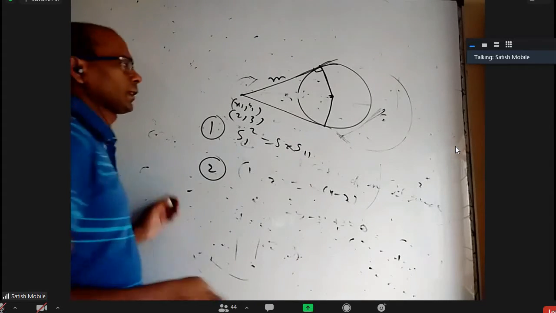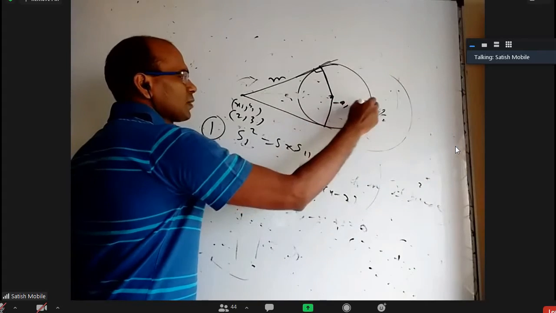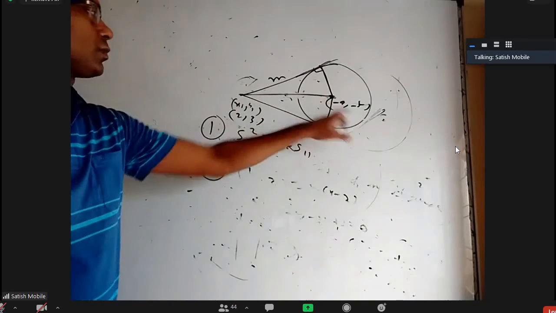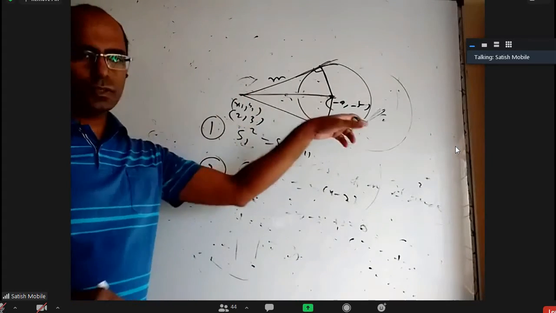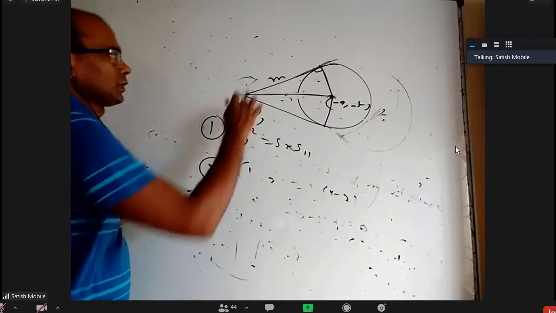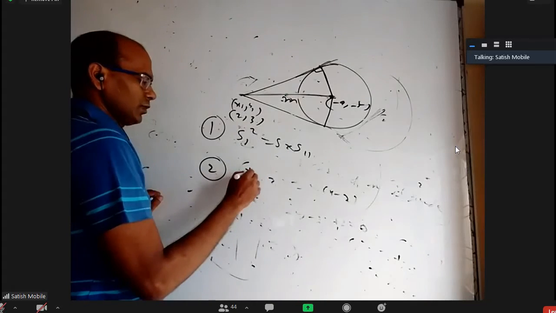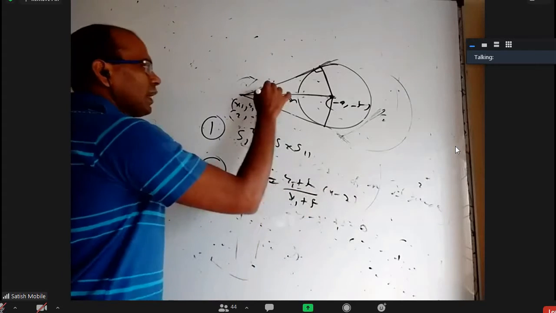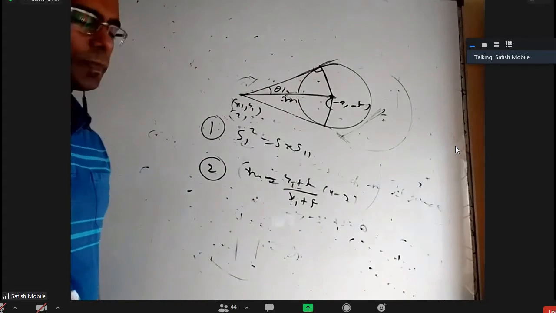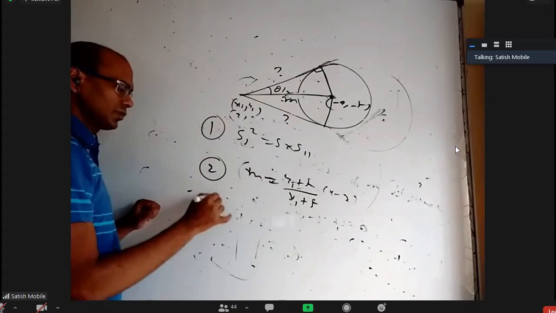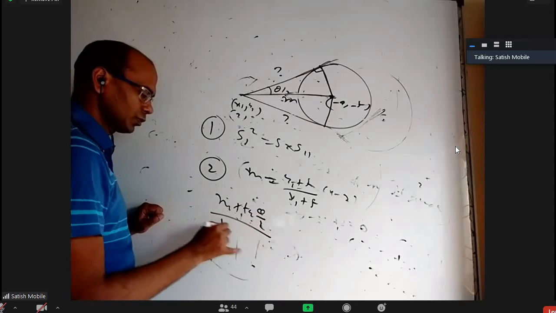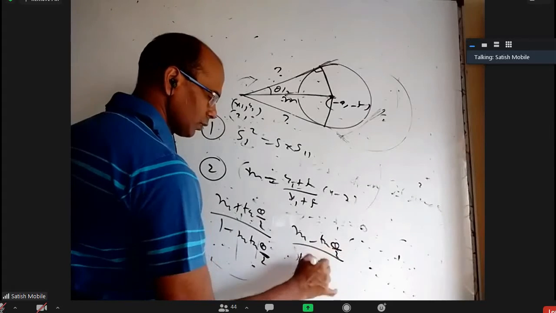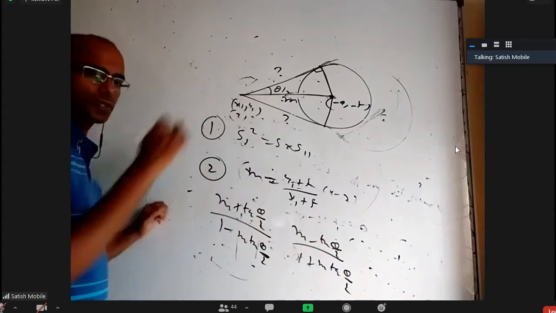Third method. I know the center is (minus g, minus f). I can find this slope, (y2 minus y1) by (x2 minus x1). I know this point, so I can find the slope. If I take this slope as m, and this is (x1, y1), obviously this slope is (y1 plus f) by (x1 plus f). And this angle theta by 2, I know, tan theta by 2 equal to r by root s1. What is the slope of this and what is the slope of this r? (m plus tan theta by 2) by (1 minus m tan theta by 2), and (m minus tan theta by 2) by (1 plus m tan theta by 2). They are the slopes of these two lines.